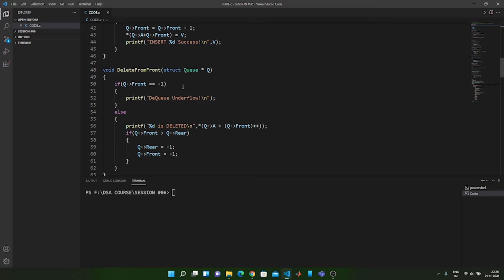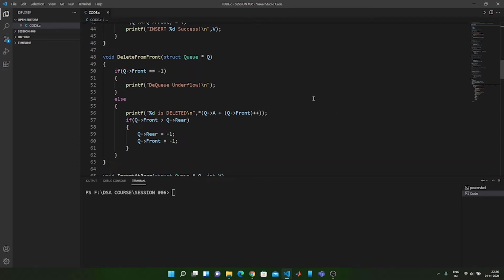Now if you look carefully, the first condition over here basically means that if the front value is -1 and we delete from the front, then we have to increase the value of the front variable. And since we don't have anything to delete, we are going to print DQ underflow because the DQ is totally empty. But the next condition is completely normal.